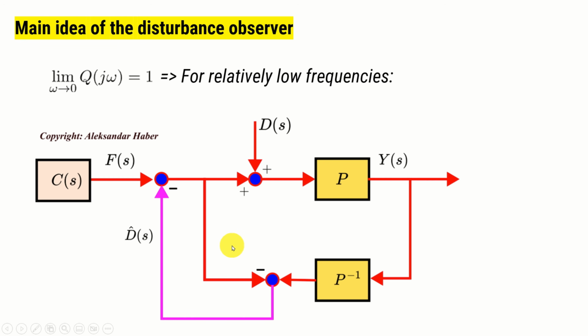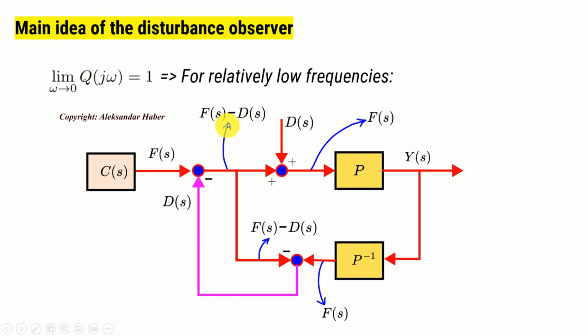Okay, let's go one step further, and let's denote all the signals. Let's start from here. Here is the output of our plant. This output is fed to this block P inverse. Over here, after the disturbance is being cancelled, we will have f of s. Since this f of s goes inside of the plant, y of s is f of s multiplying P of s. Now if we multiply this result by P inverse, over here we will obtain f of s.